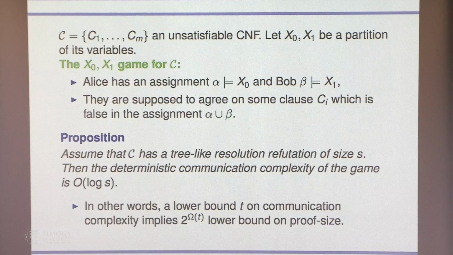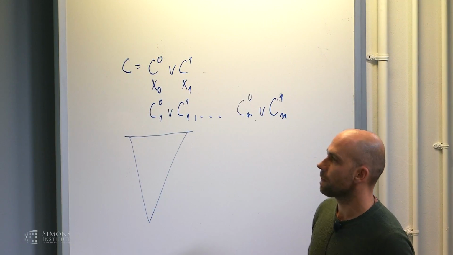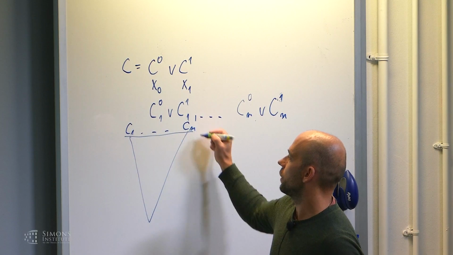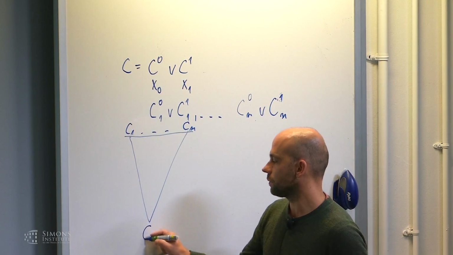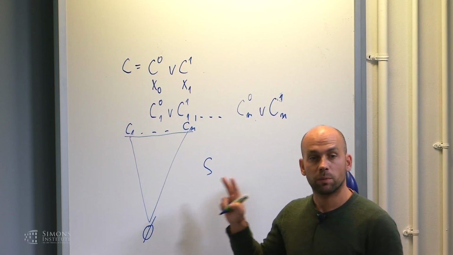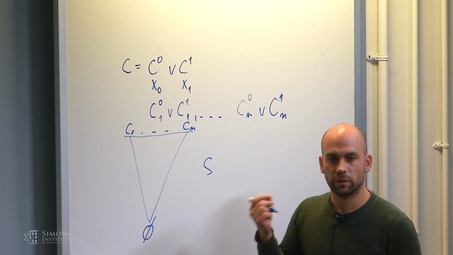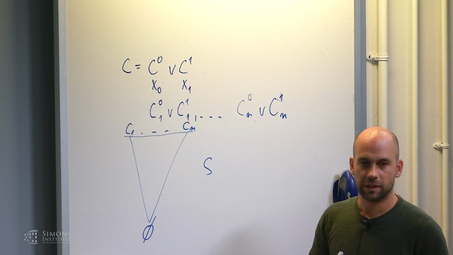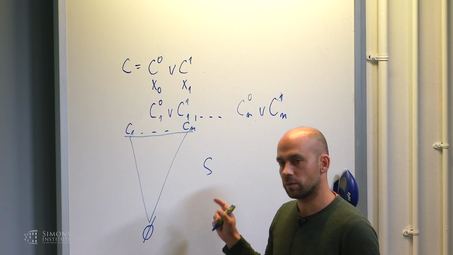So here we have your resolution proof, which is tree-like. Those are the original clauses, and it has S inferences. And the proof is known to both of the players. Okay, the proof exists. Both of the players know what it is, and they use this proof to construct a